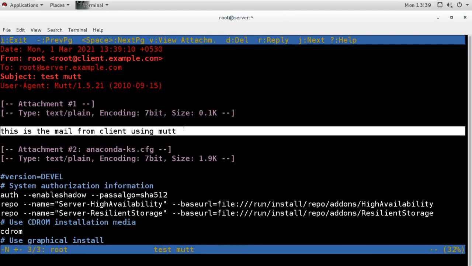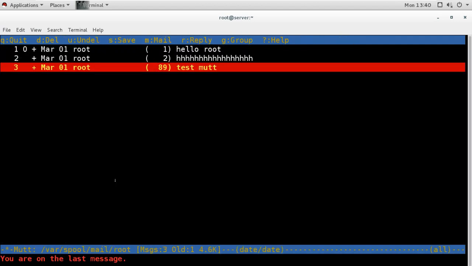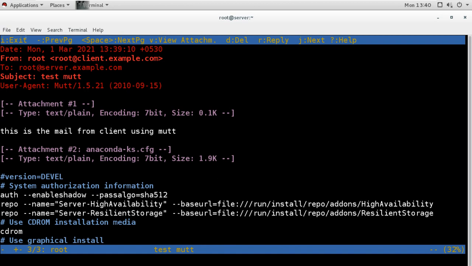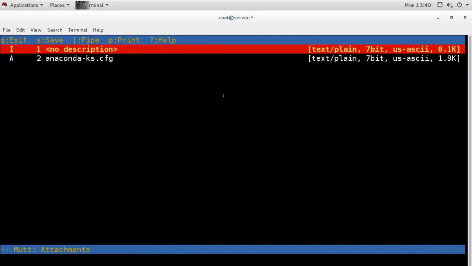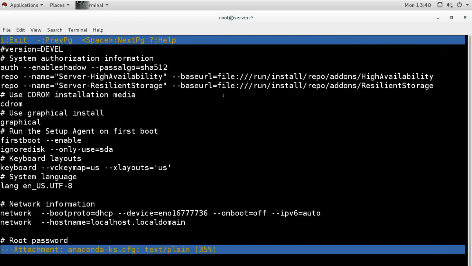It is coming from this sender. And here you can see I for exit, the previous page, hyphen space for the next page, and V to view the attachment. So we have an attachment here, so I will press V and there is the attachment and I can read it also. This is the attachment.